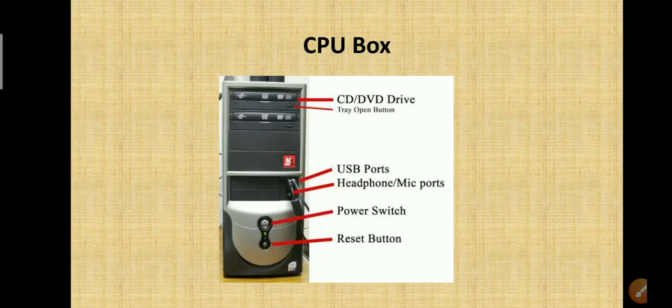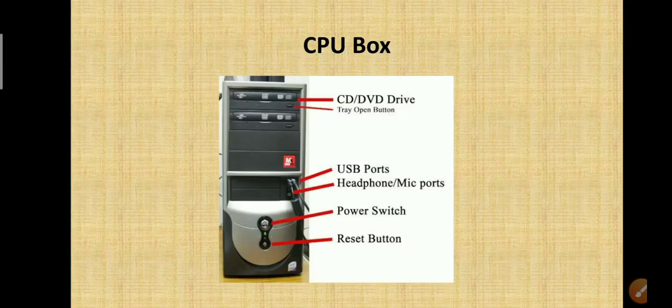So you can see the CPU box. I want you to see this picture properly for at least 5 seconds. Okay, I'll give you 5 seconds first. That's it. Hope you have seen.